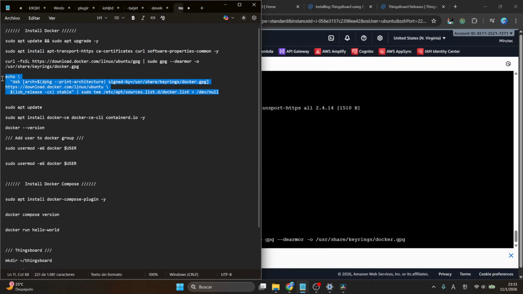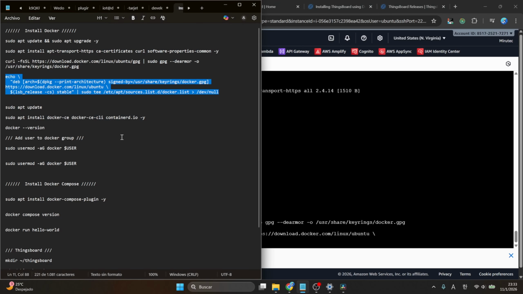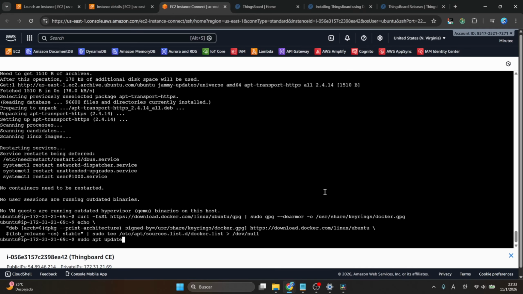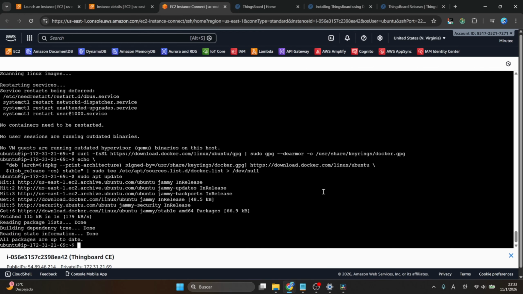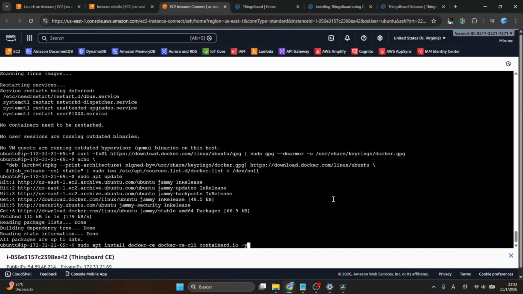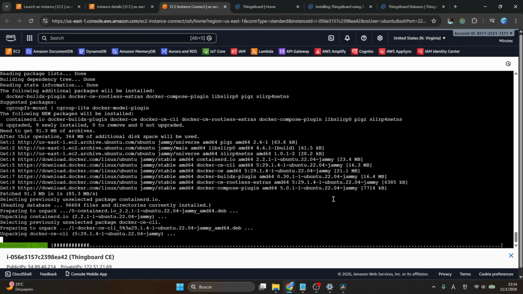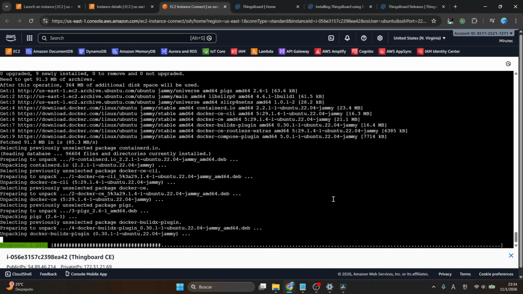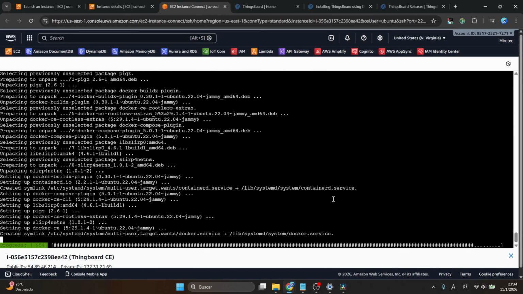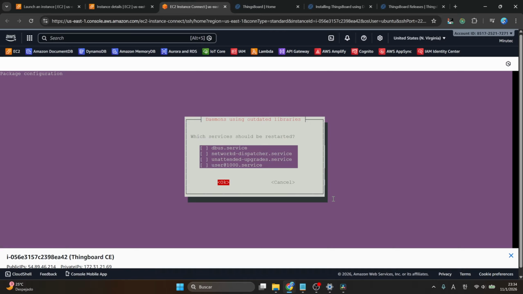and then let me copy and paste this other command. All right, let's update our Ubuntu server again. All right, and then let's go into install our Docker. Click on OK, select OK again,